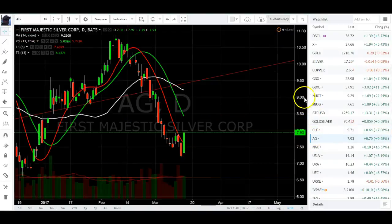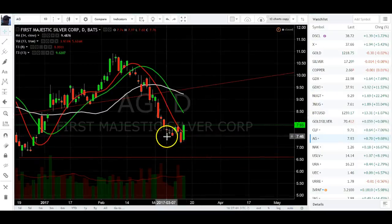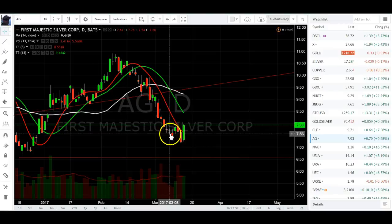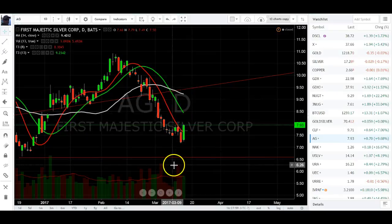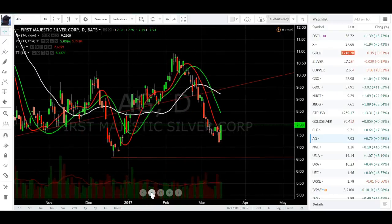And AG, nice 2-bar reversal. That's the slingshot effect. The AB bottom. They bring it down to a bottom, and then they spike it low, and then they release the trigger, and it bounces like a monster. There you go. That's what happens. Closing above the 8, look for support. Coming into support, if we get any lack,